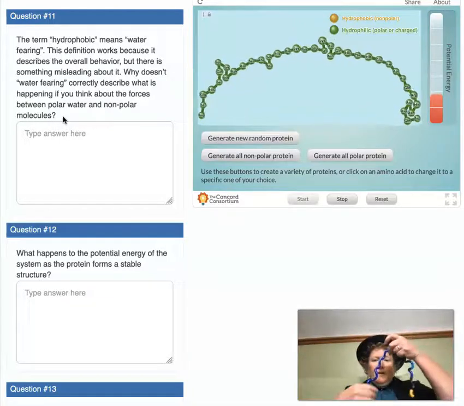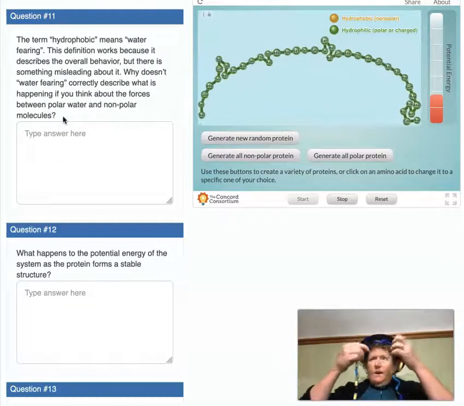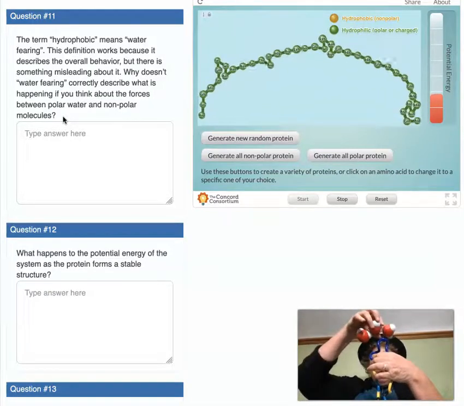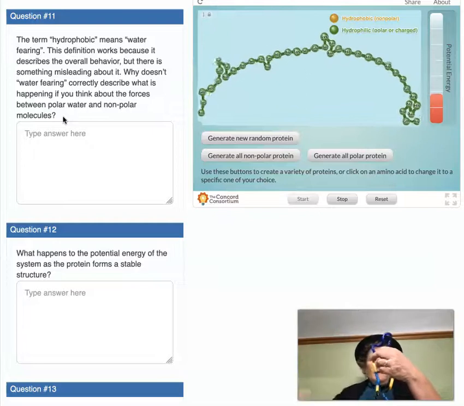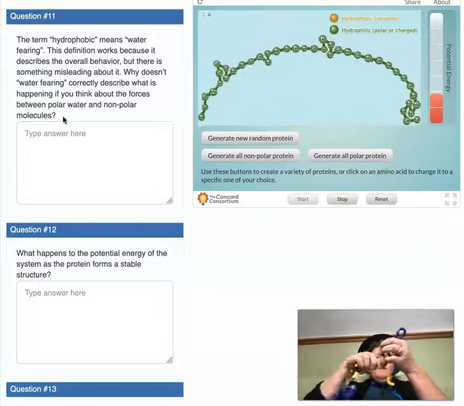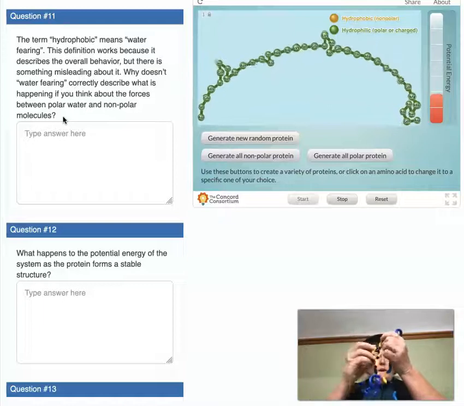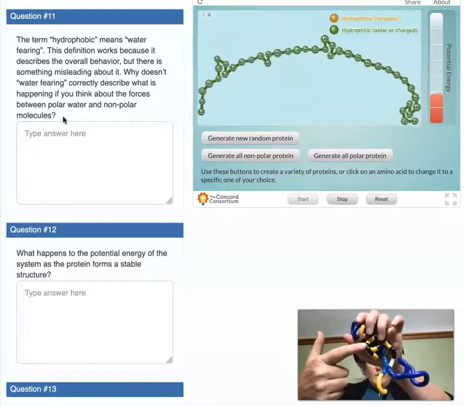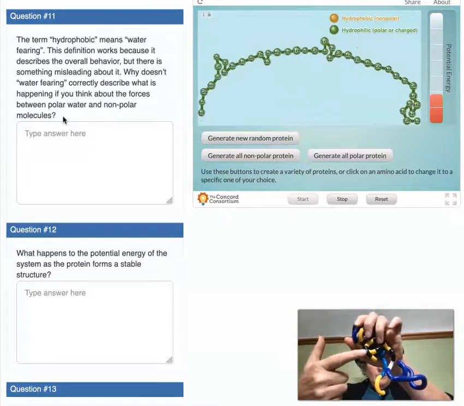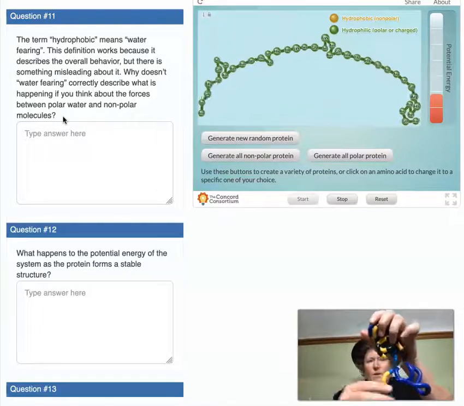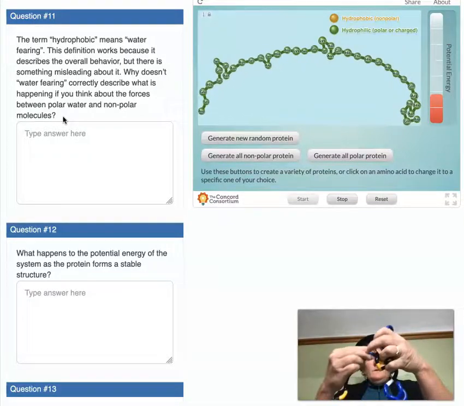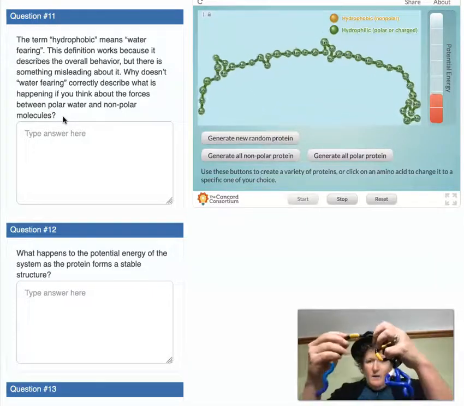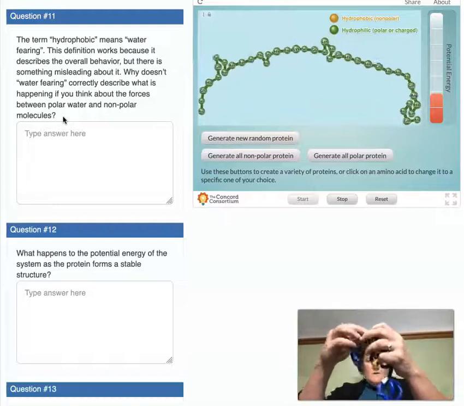of my particular model here, and in order to do that, I want my hydrophilic, my polar parts of the protein to be out here interacting with water on the outside. In order to do that, I kind of have to shove everything else to the middle. And it's not that the hydrophobic or the non-polar parts of the protein, those non-polar amino acids, don't like water, it's just that they get pushed around. In order to minimize the total energy here, to minimize the potential energy, we have to do some things to